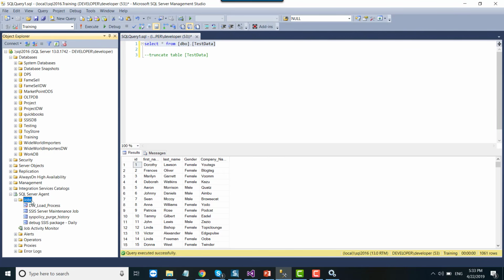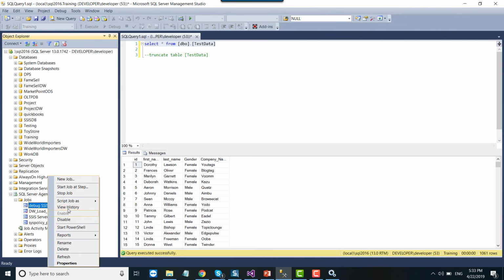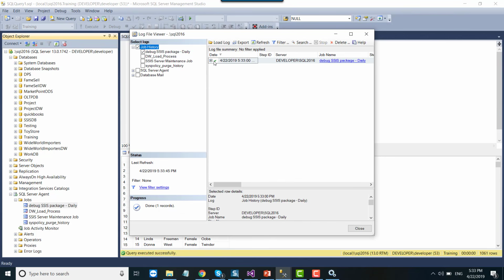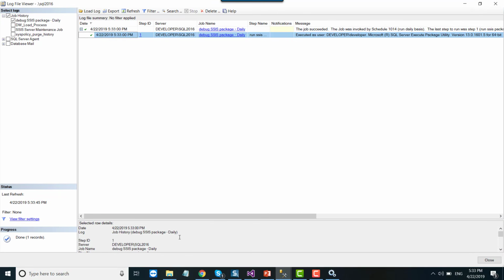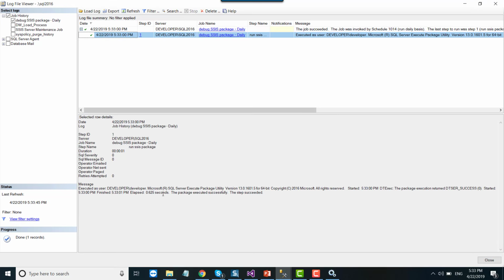If you want to check the history of the SQL Server agent job, then you can right click on the job and click on view history, and then you can see that the job ran at 5:33 p.m. at this particular date. You can expand this one as well, and then you can see the time taken, the elapsed time, which was 0.625 seconds.